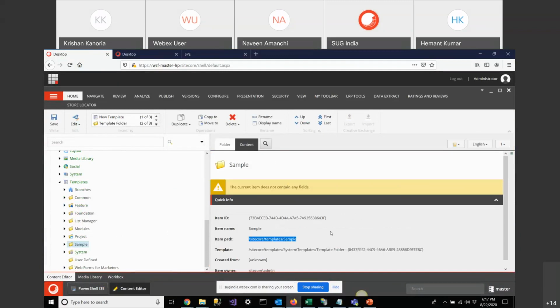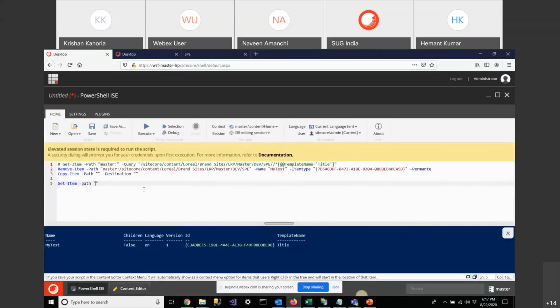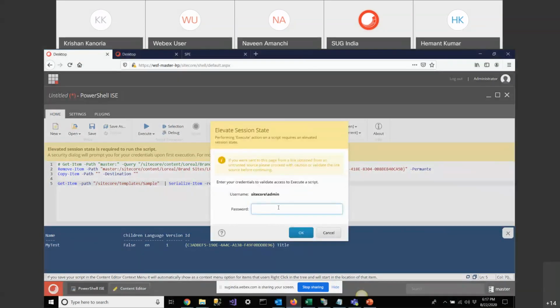If I copy this path and provide it here, separated by a pipe, if I write serialize, this will serialize this template. If I want to serialize all the items which are just beneath this sample, then I need to give the records parameter. So in this way, I can serialize an item.